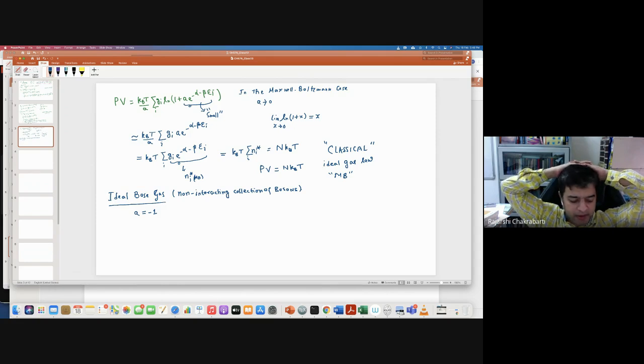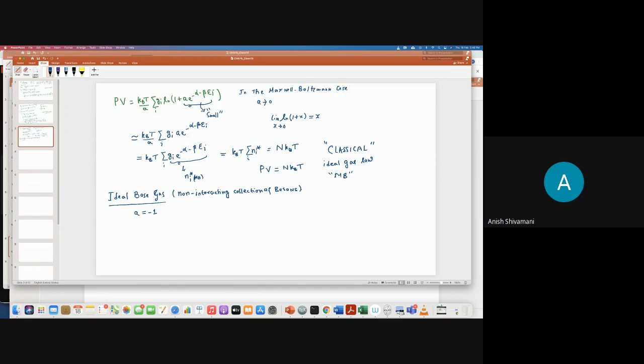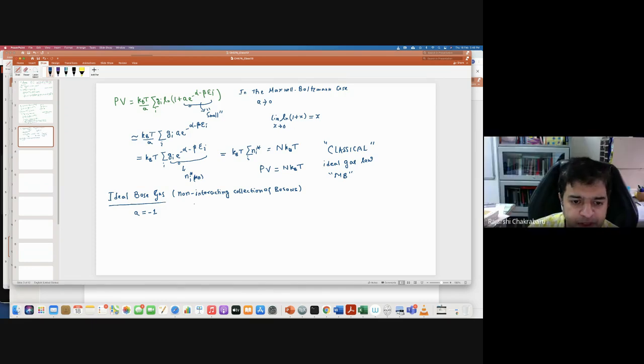Okay, so they're quantum particles, but what kind of quantum particles? They're bosons. They follow Bose-Einstein statistics. It's not very difficult, I hope you are following. So what will happen to my equation of state? My equation of state is now PV by kBT, if I write like this, is minus